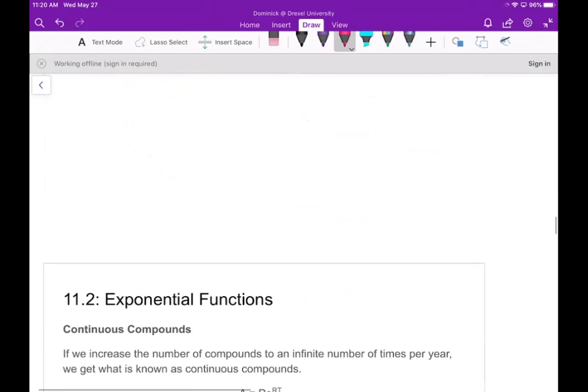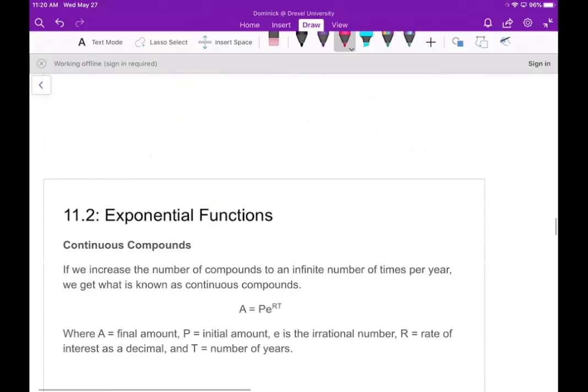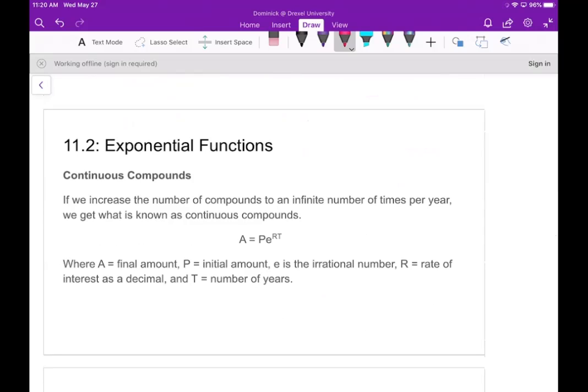Okay. Now, I mentioned that we'll be able to show where we end up with sort of a definition of e, right? Now, the idea that we're going to talk about next is continuous compounding, right? And that's basically taking your number of compounds per year and doing this an infinite number of times. And we're going to get continuous compound interest, which is A is equal to P times e to the rt,